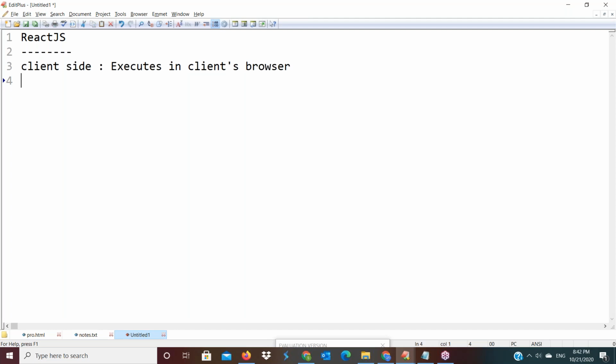So like that, here we have two types of scripts. One is client side script, another one is server side script. Okay. Now if you take